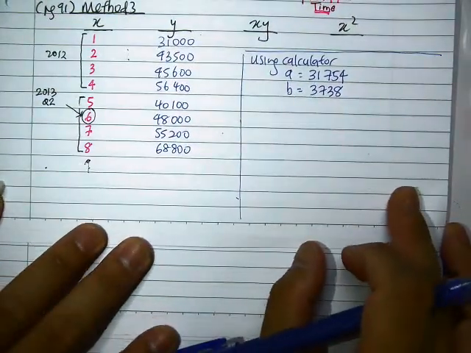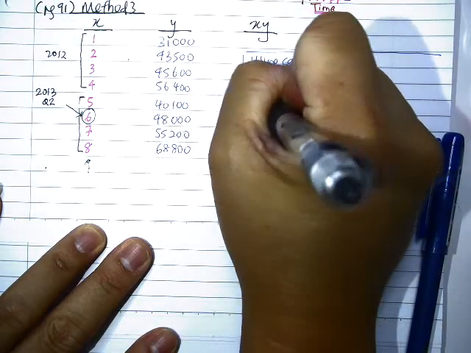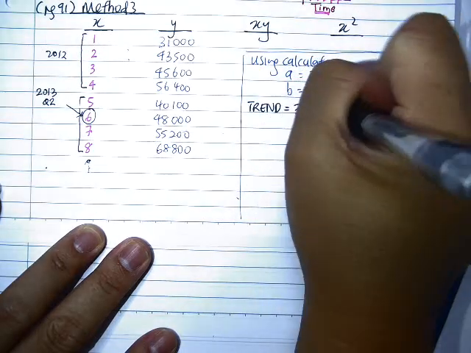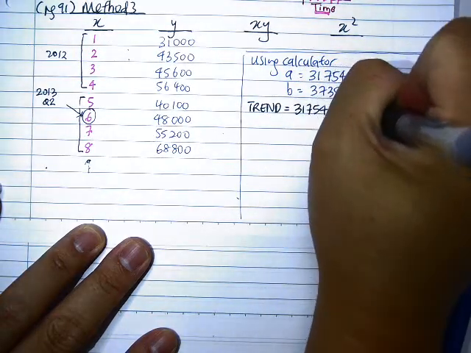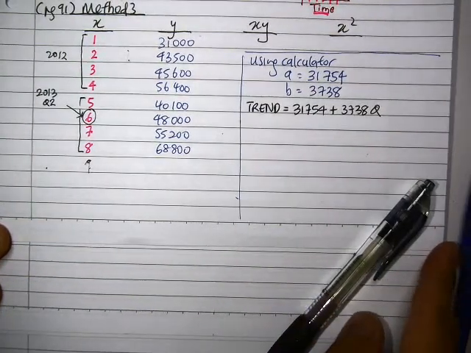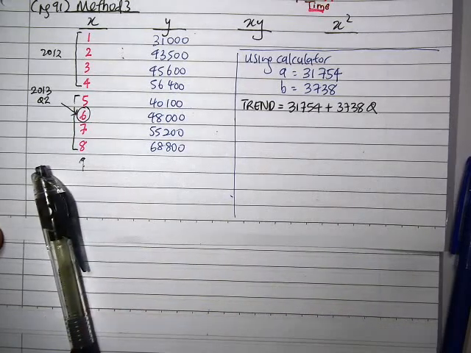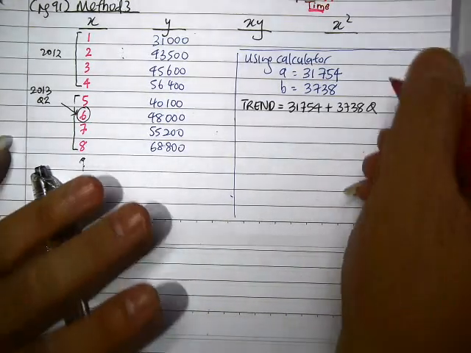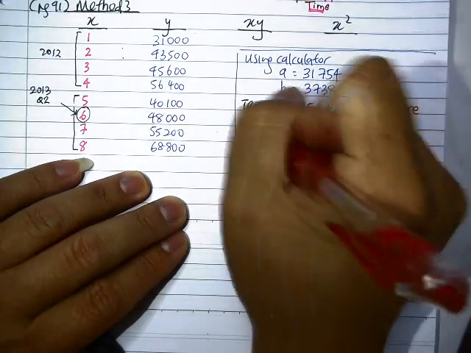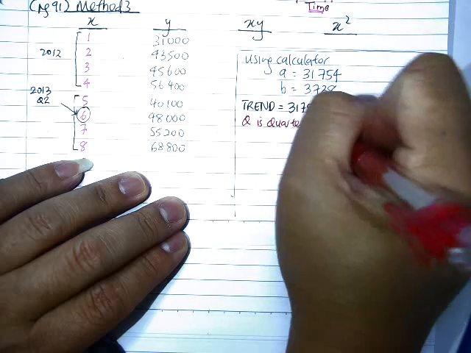Which means trend equals 31754 plus 3738Q. But you cannot just say it like that, because if not, people don't understand what is Q, where Q is the quarter value